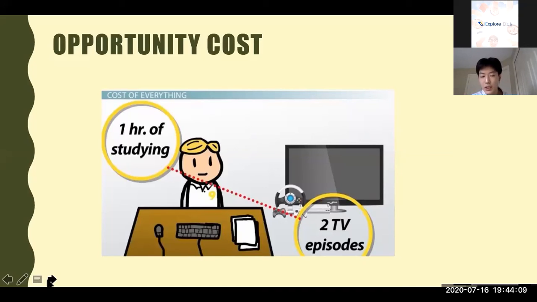For instance, if you're choosing, which can be really hard, between going to the hospital to see your sick family members, or going to an award ceremony to receive an award which you have worked so hard to get. In this situation, your opportunity cost, if you choose to go to the award, is maybe not being able to see your family member alive again in the hospital. And the opportunity cost of going to the hospital is not getting the award which you have worked so hard on, which can cause you great regret.